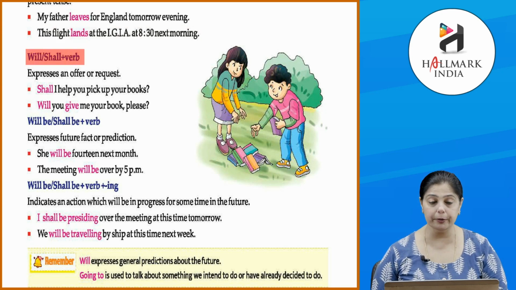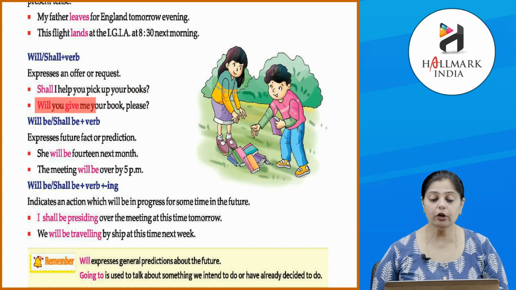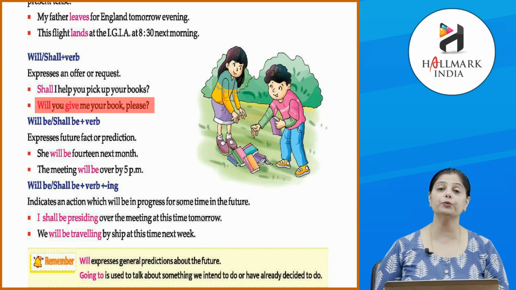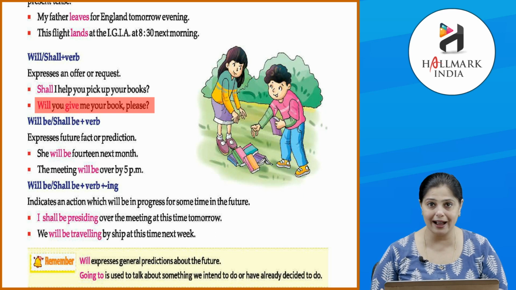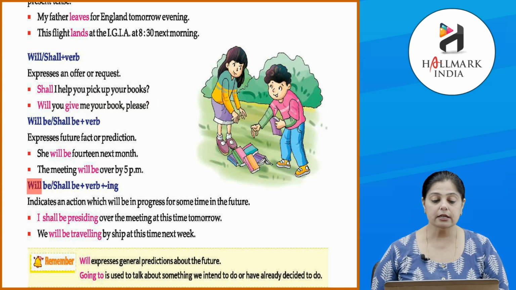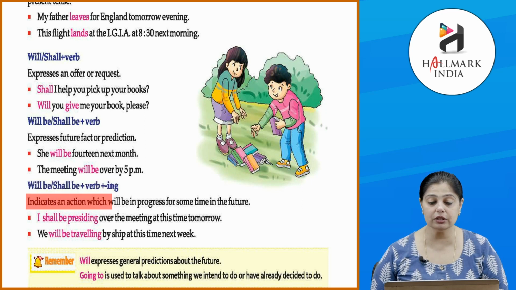shall plus verb. Shall I help you pick up your books? Will you give me your book, please? So you're asking about something that you want, okay? It's not with you. So you're asking for something, okay? It's a future action. Next, will be or shall be plus verb plus ing indicates an action which will be